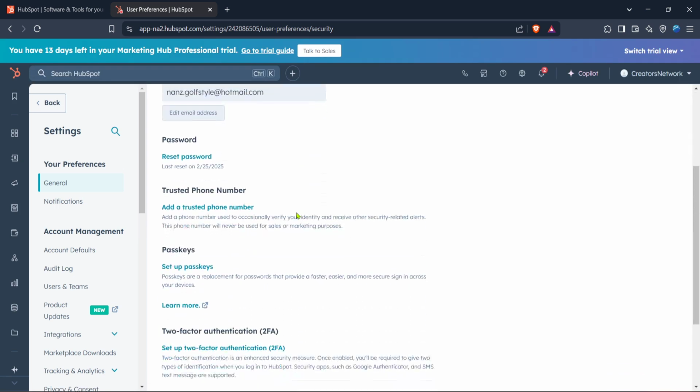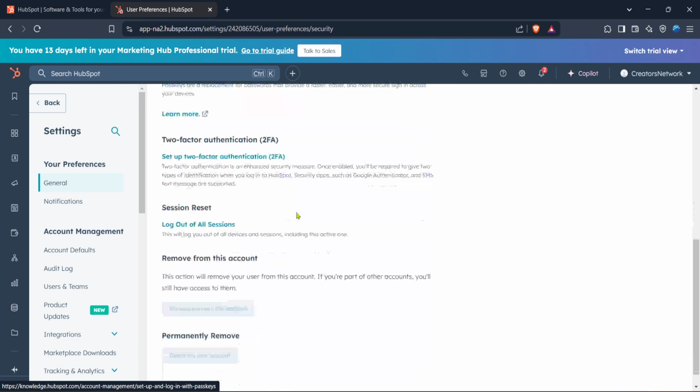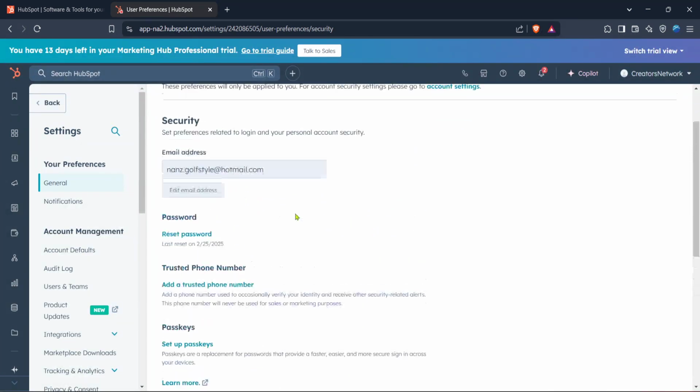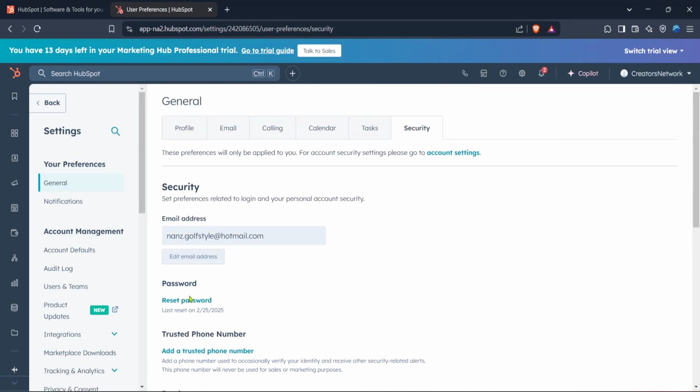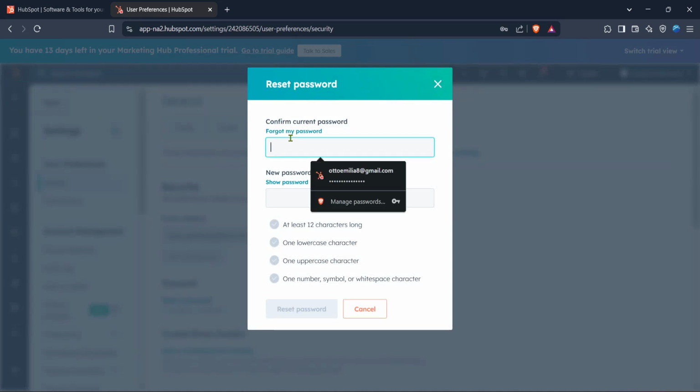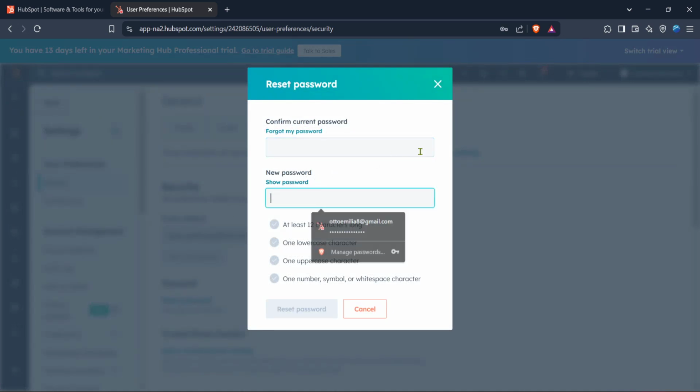After entering your email, check your inbox for an email from Hubspot. The email should appear within a few minutes, but do check your spam or junk folder if it doesn't show up. Once you have the email, open it and click on the link provided to begin the password reset process. This link will direct you to a form on the Hubspot site where you'll be able to create a new